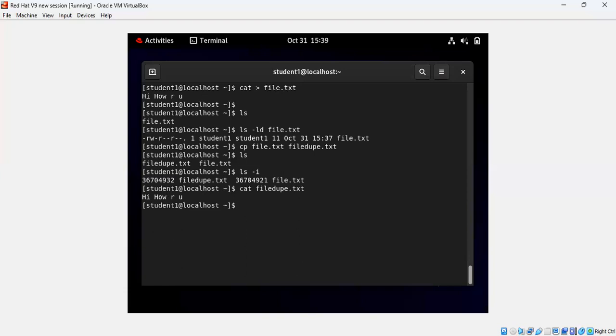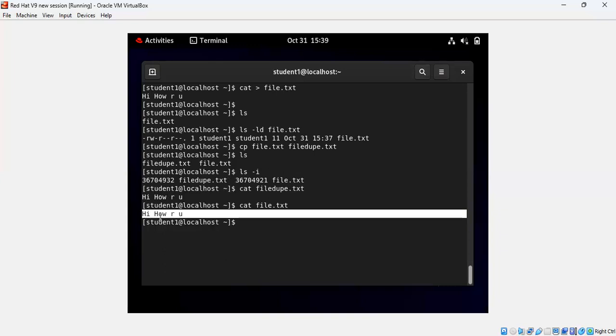Let us see the data in the original file, cat file.txt. See, what data I mentioned in file 1 is exactly copied to the duplicate file. This is the cp command used for copying a file, whereas for a directory